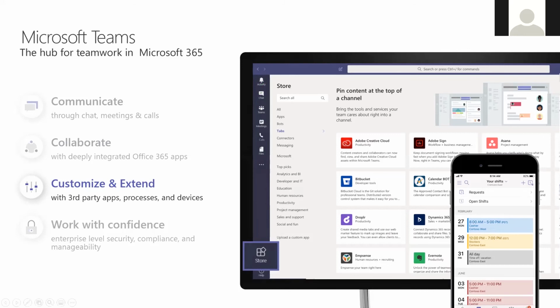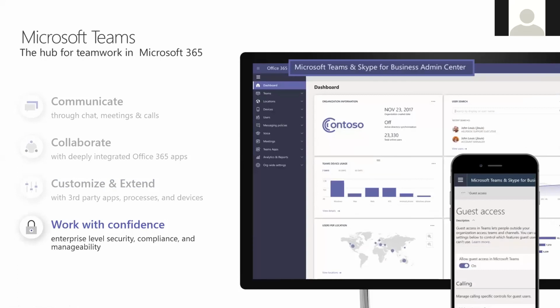Work with confidence. While we're talking about all these things, you have the power to do everything by just opening one specific tool on your computer, and you have good security with that particular product. And if you're an administrator, from an administrative perspective view, I can have all the logs of what is happening in my organization, who is sharing what, and not exactly the data, but how things are going in the organization.